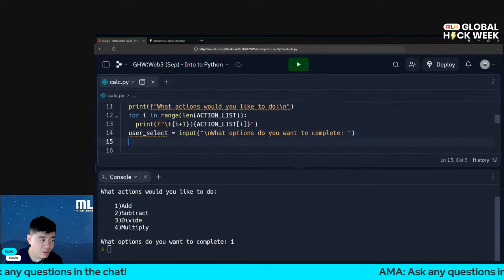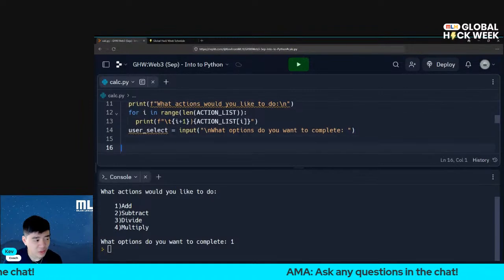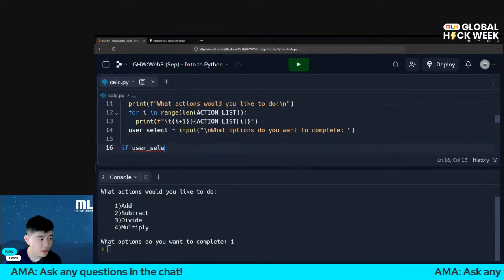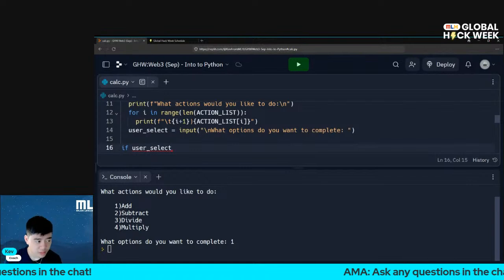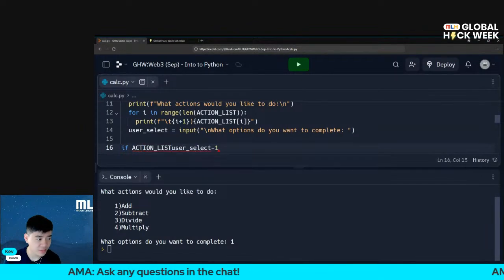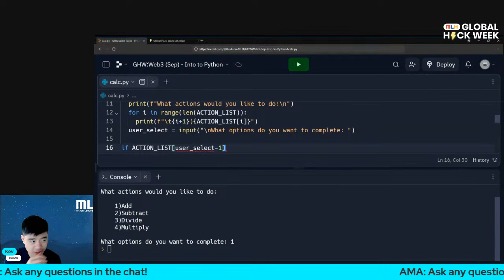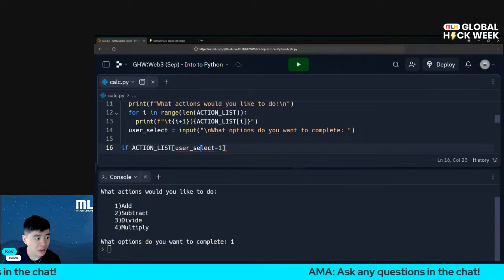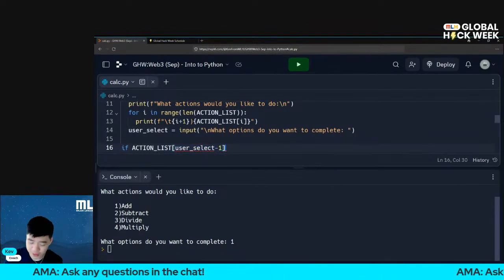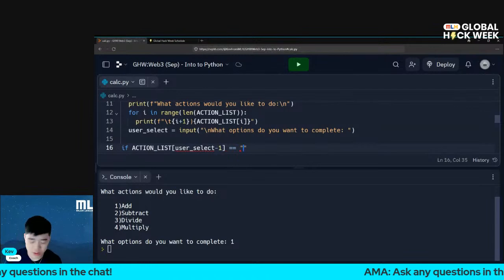So maybe in here, we're going to do if user_select minus 1, but actually we're going to do action list. What this does is it says, okay, I want you to take user select, subtract 1 from that, and then grab it from the action list. And then if that is equal to add